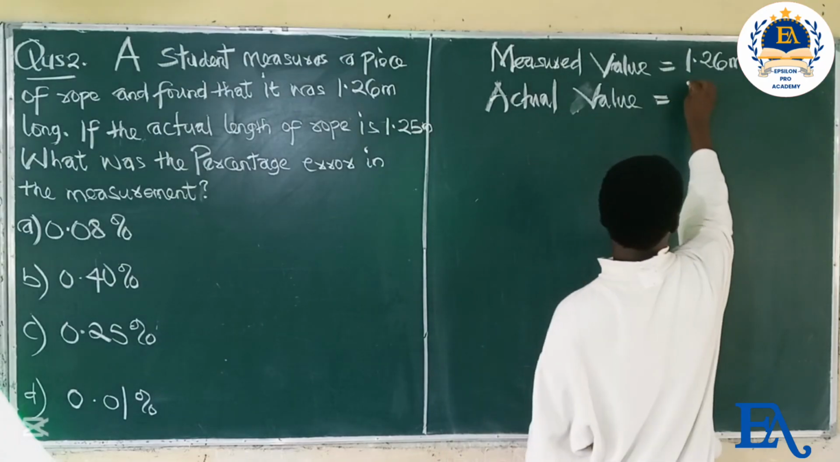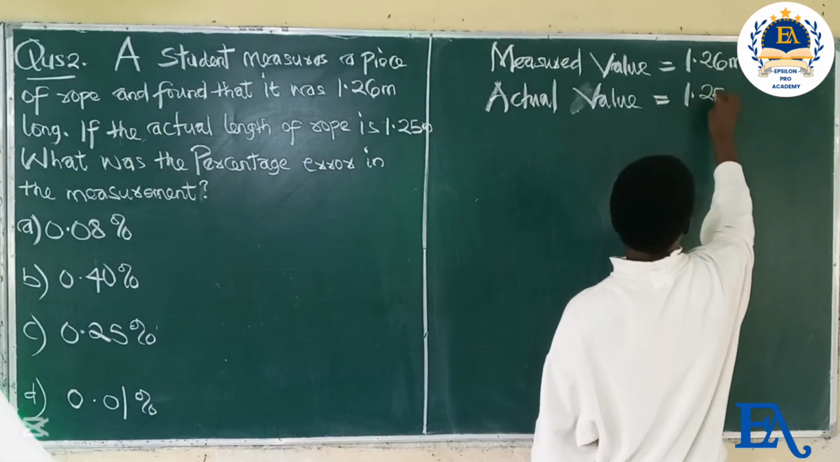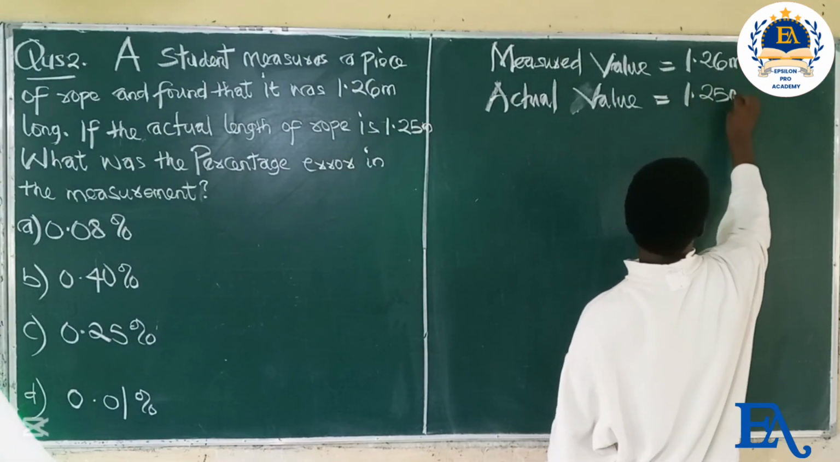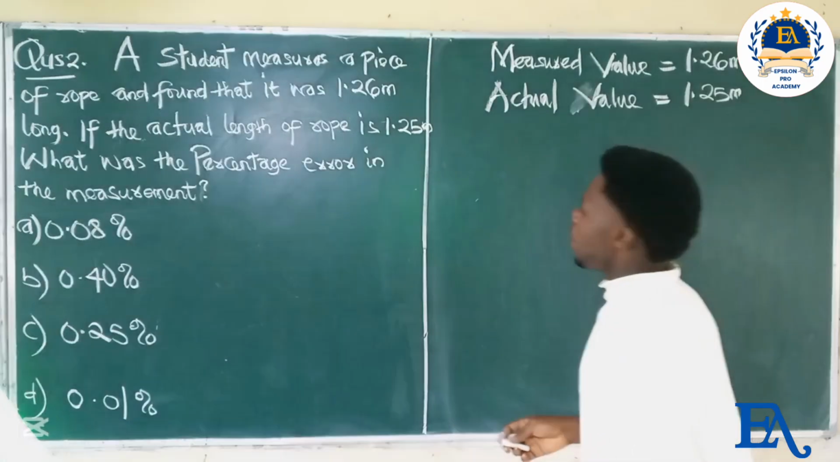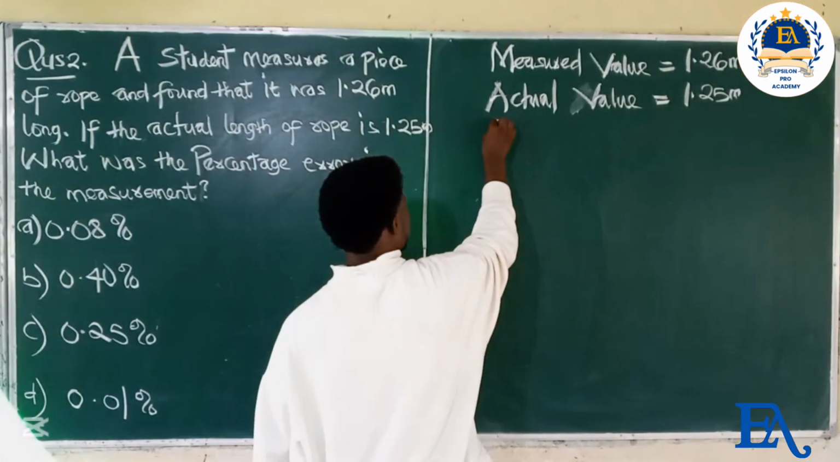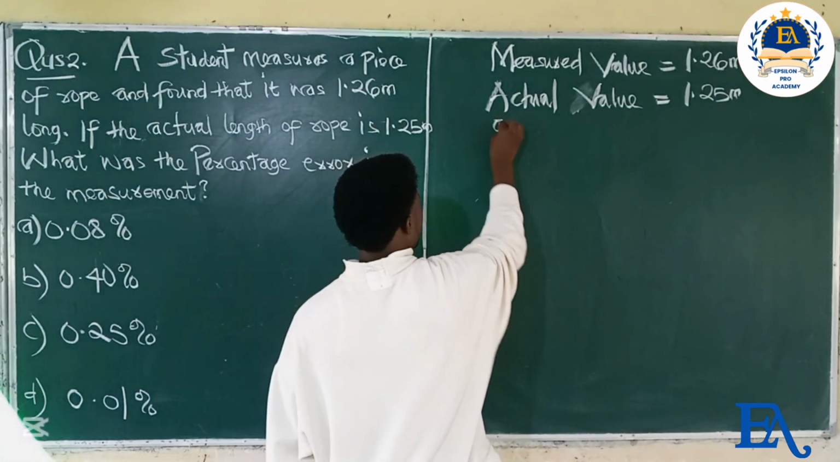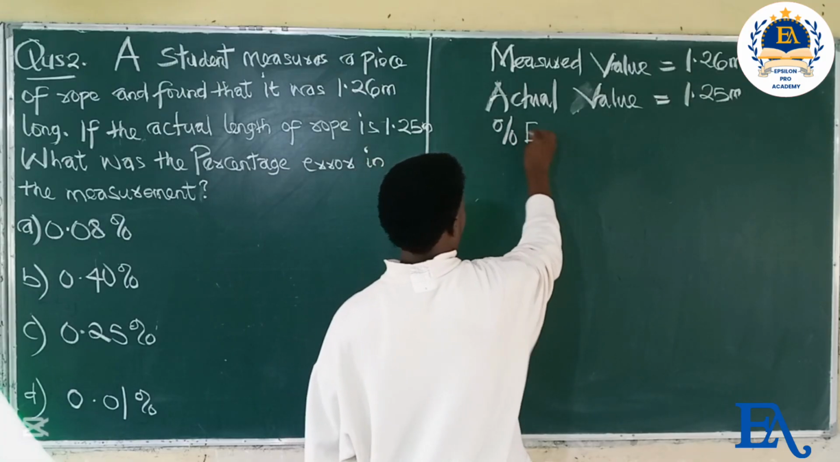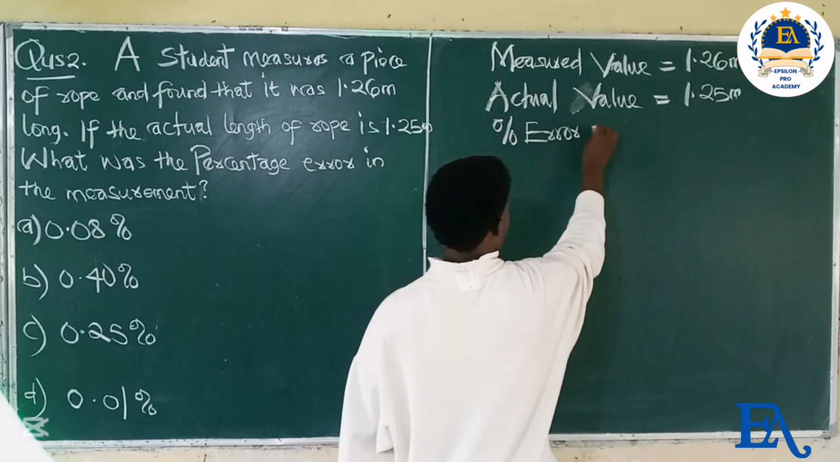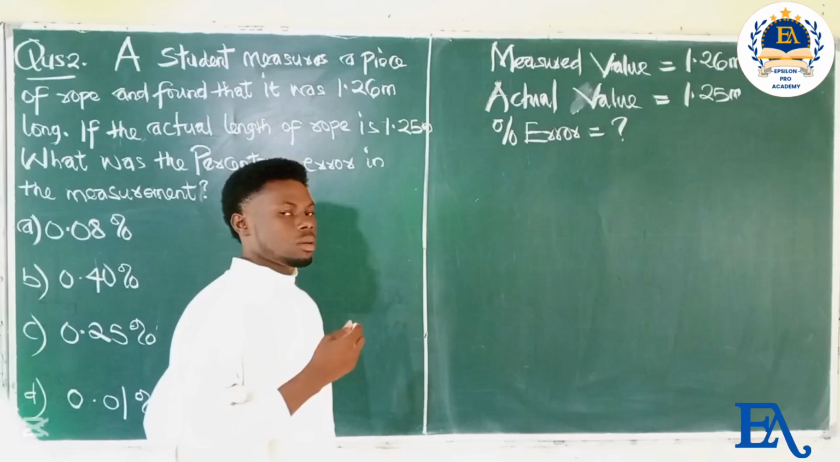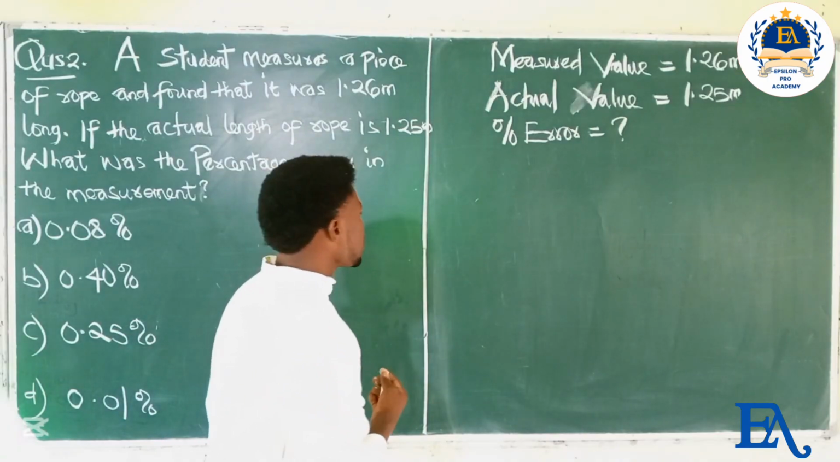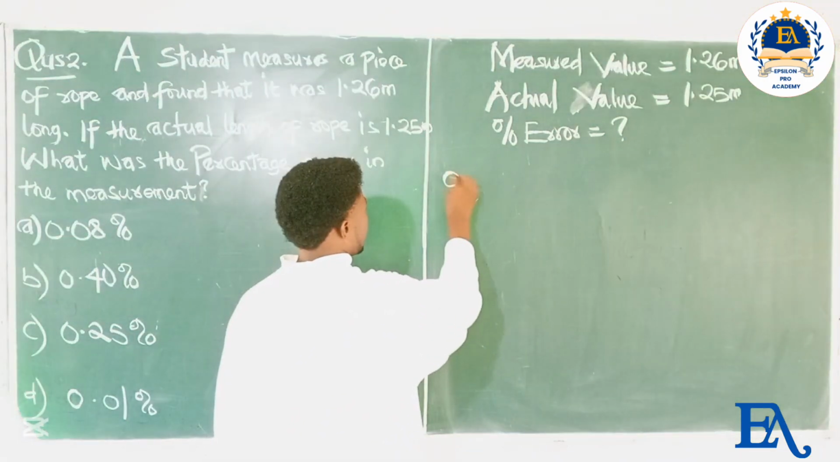Actual value is given as 1.525 meters. And we are required to determine the percentage error. Percentage error is unknown. So the formula for percentage error is